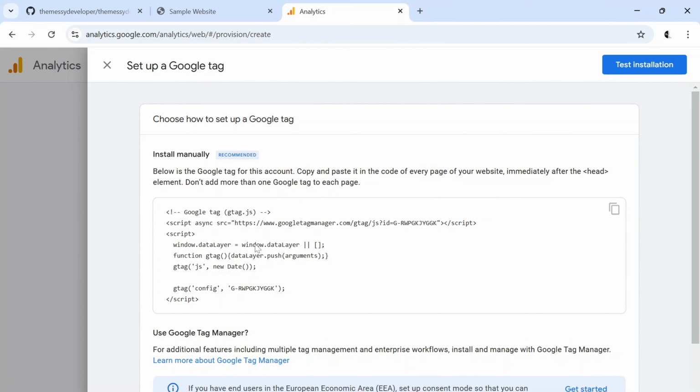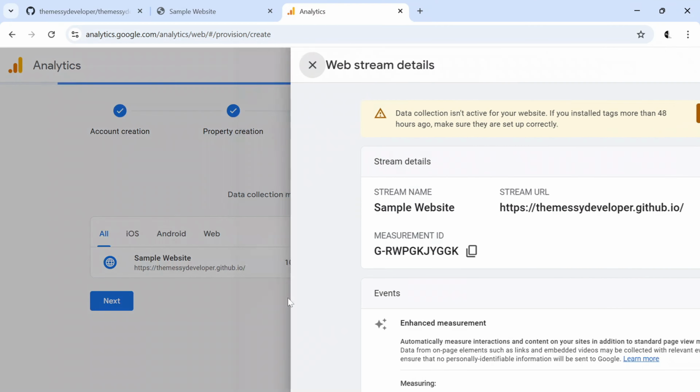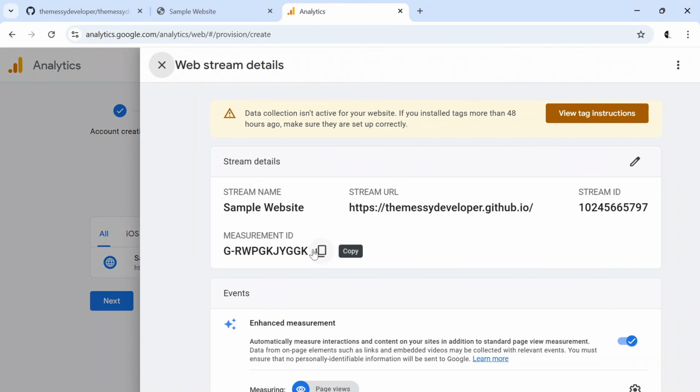So our Google Analytics account has been created and we have got the code. Now if you don't want to create the custom properties, then you can copy paste this code in every page of our website immediately after the head tag. But we are focused on capturing the custom properties. So let's close this. And we have got the measurement ID. We'll go to the tag manager now,